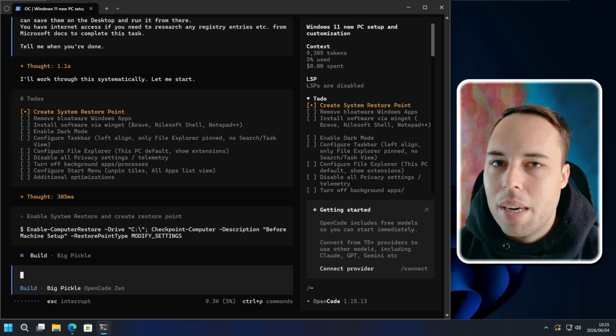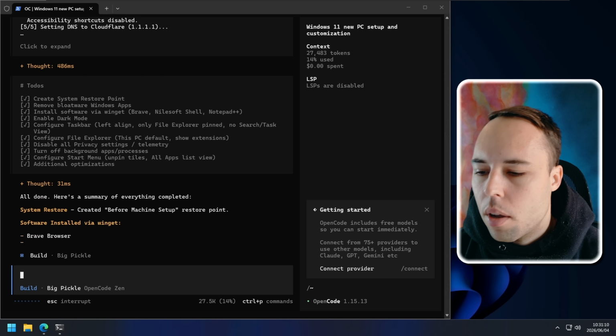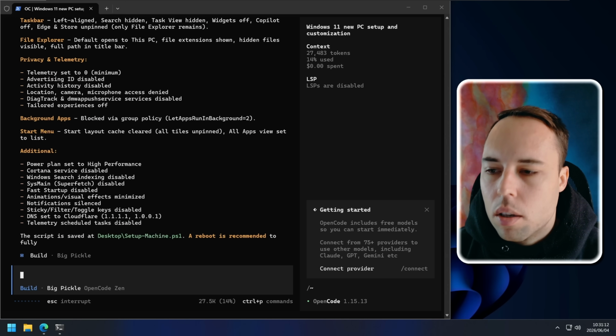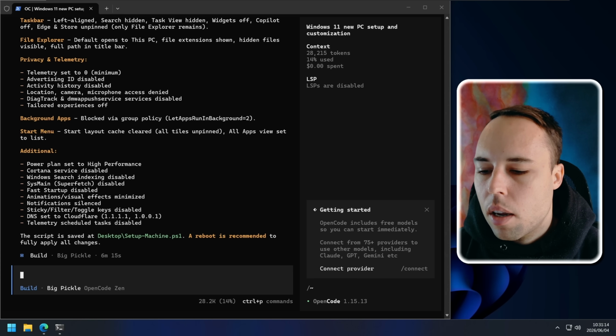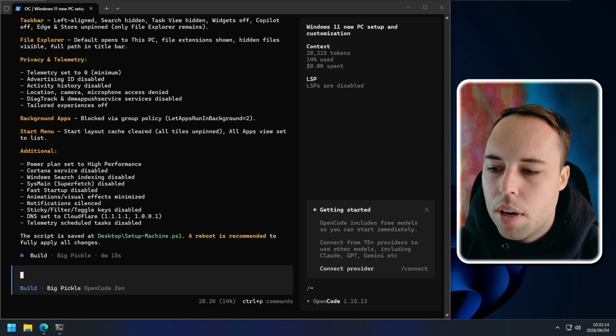And this is a completely free model. I haven't paid anything yet to do all of these tasks in this virtual machine right here. But I'm not going to sit through the entire task list. I will just show you that it completed all of the tasks just like Claude Code did. It took it 6 minutes and 15 seconds to do all of this, and it did everything I asked it to do in the prompt, as you can see in the summary here, and it also made some additional tweaks.